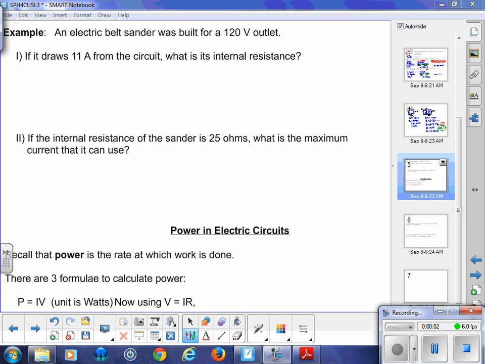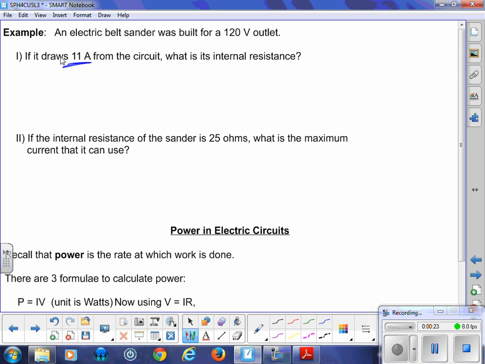All right, so finishing up the last part of this note, just a couple of examples for you. An example: electric belt sander, the typical one you'd use in a shop class. You're plugging it into the wall, so it's a 120 volt outlet. For the majority of equipment that we use, we plug into 120 outlets. If you look on the information tag for the tool, it tells you its amperage, or what the current